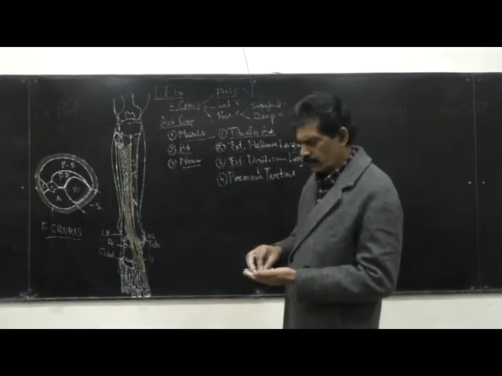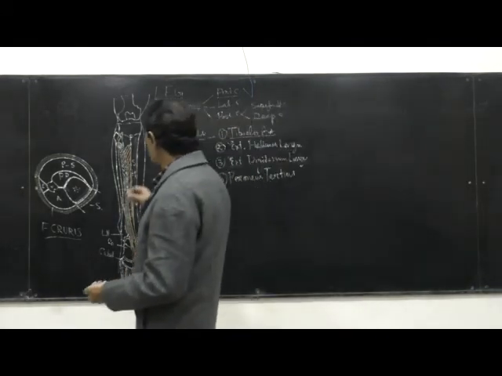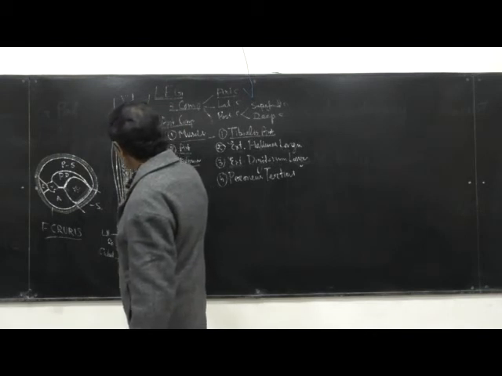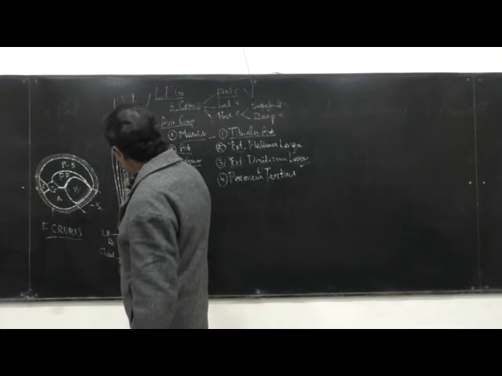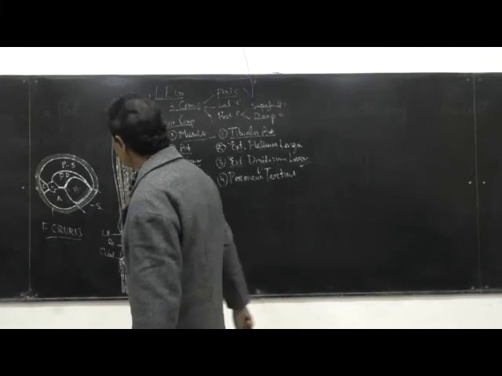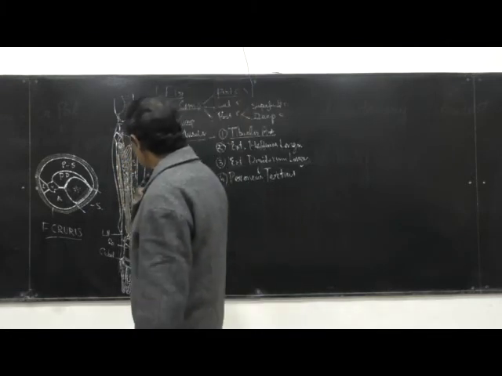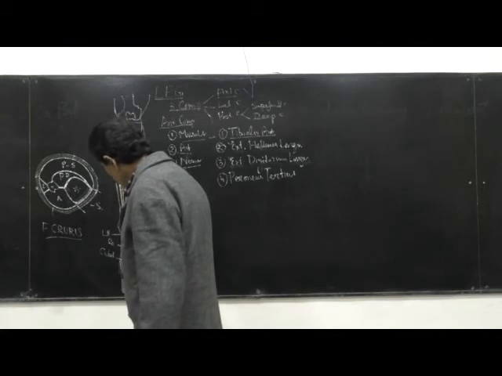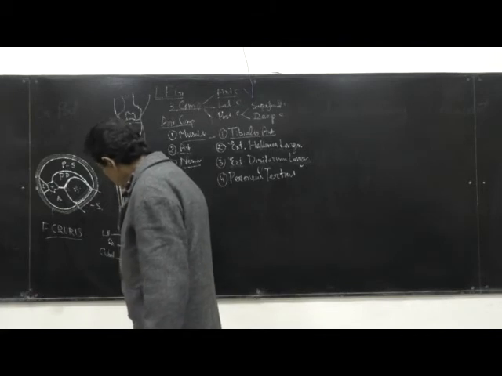So now the origin. The origin of this muscle is the same as the anterior surface of the lateral condyle of the tibia. No, it is from the mid shaft of the fibula. The middle part of the shaft of the fibula is the origin of the extensor digitorum longus. And then this muscle will come downward in front of the ankle joint, and the tendon of this muscle will divide into 4 slips for every finger.